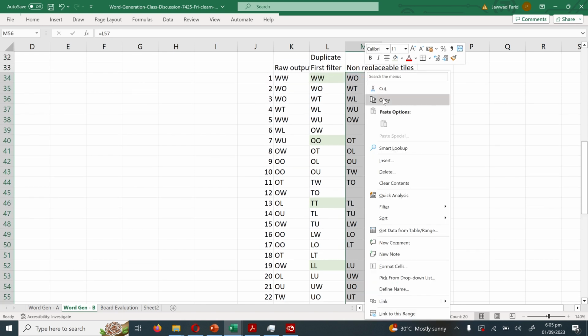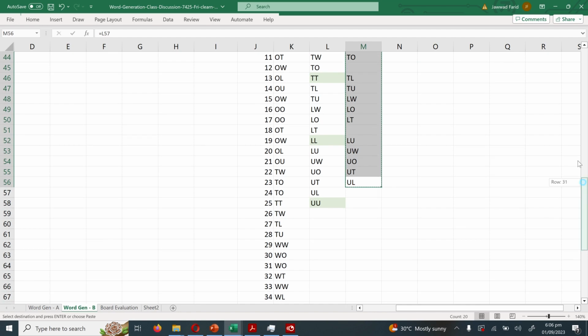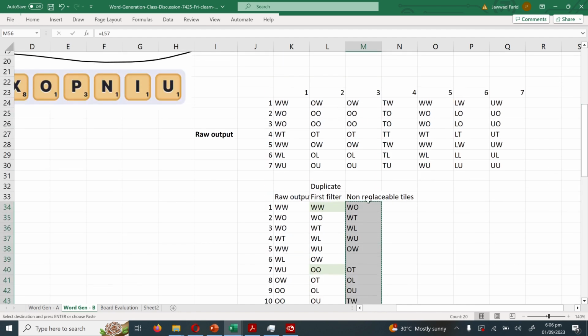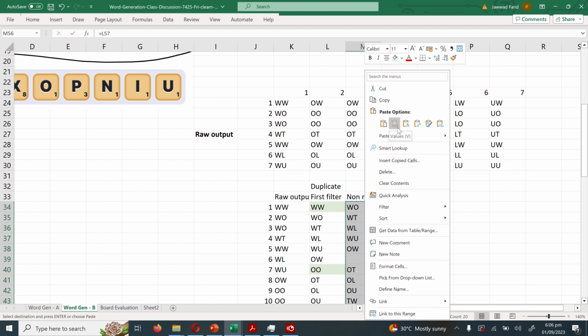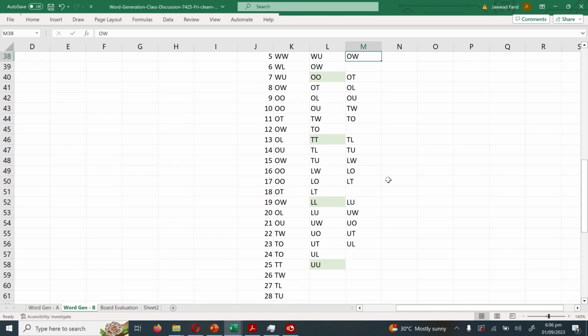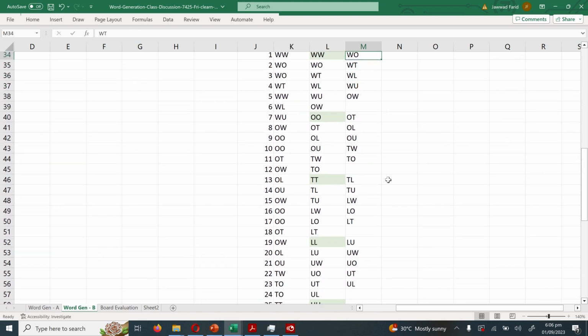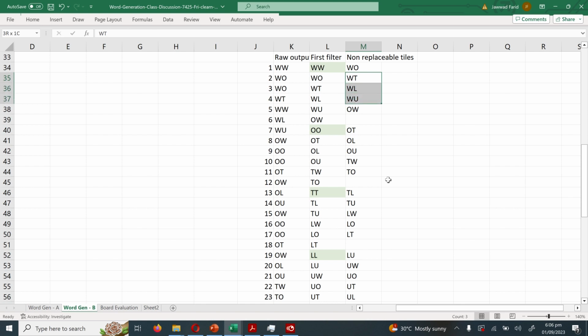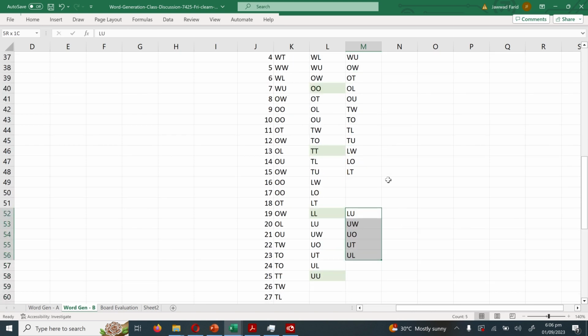I simply copy and do a paste special where I paste a value so that I can remove the reference to the cell. There we go, paste special, values are done. So now the formulas have been replaced. Now if I do a count on what's my total output of the 2-letter combinations that have been generated, that output is much smaller than the original 49 list produced by the raw output. Let's just copy and paste this above so that we can figure out what the total count is. So our total count in this specific instance, after making all the adjustments, is